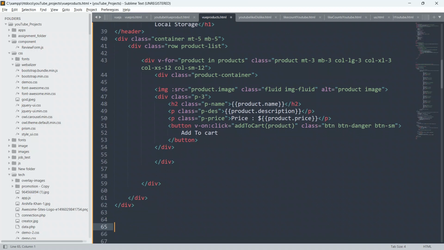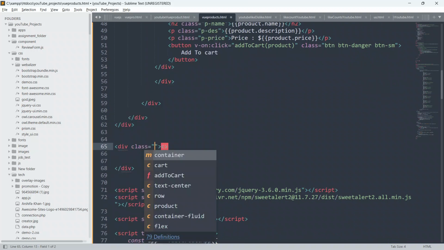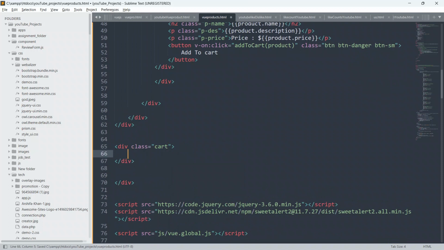So create another div below this div, and give it a class of cart. Close this div,